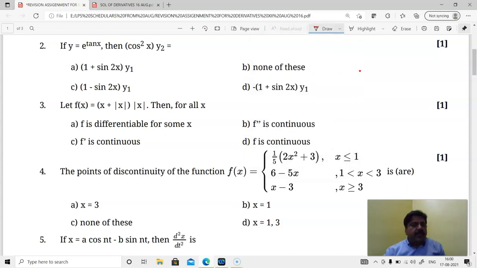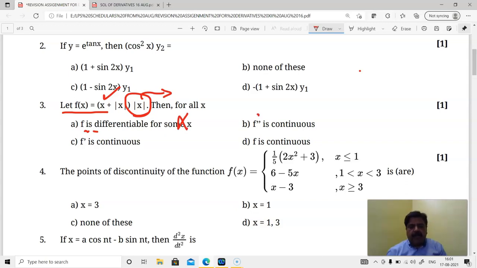Now I'll give you some brief hints, like any function is differentiable or continuous in its domain. Am I right? An algebraic function, like here we have an algebraic function, is continuous, and it is also differentiable. But whenever we talk about the special function mod x, it is not differentiable, although it is continuous. So we have been talking about differentiability, so this option has to be cut out.